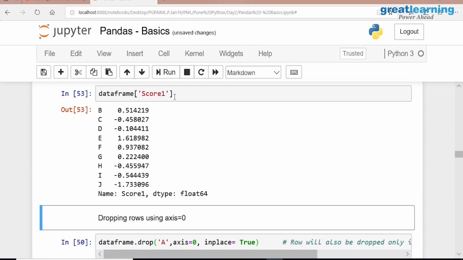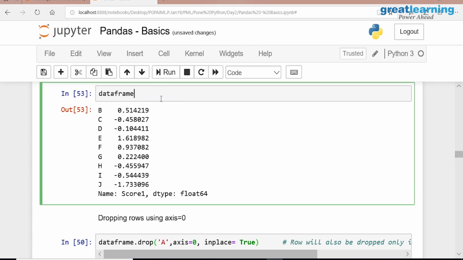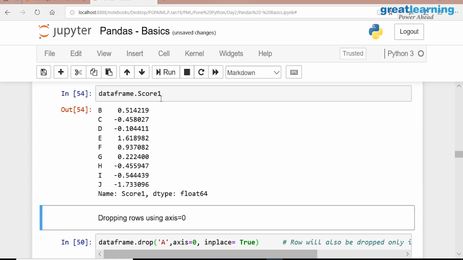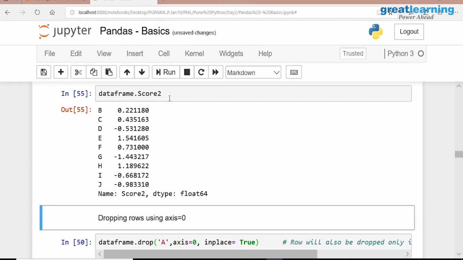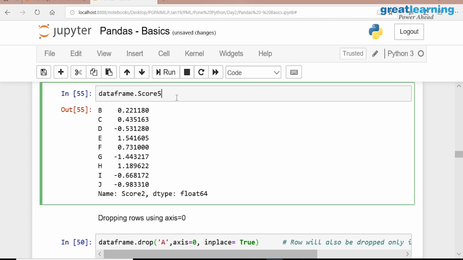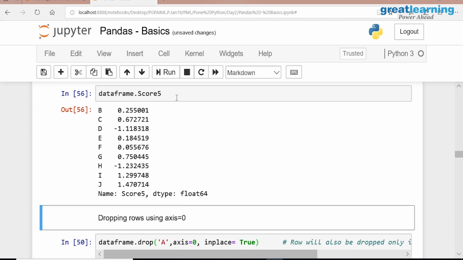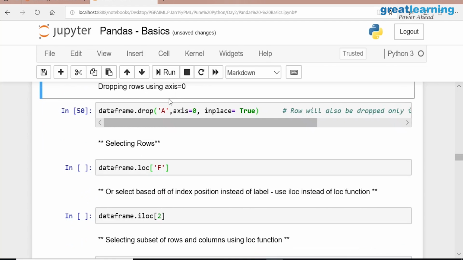I can get it like this, but I cannot get the rows like this, right? I can also get scores in another way using the dot operator, like score 1, score 2 or score 5. I can get those.